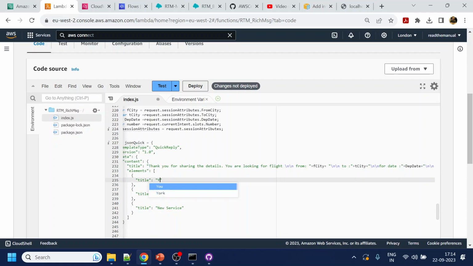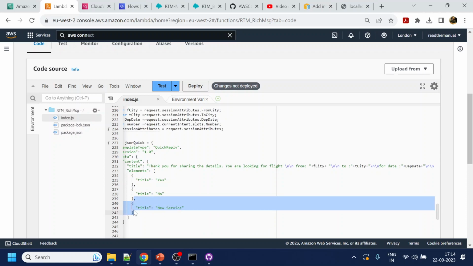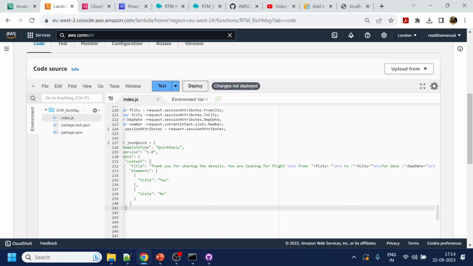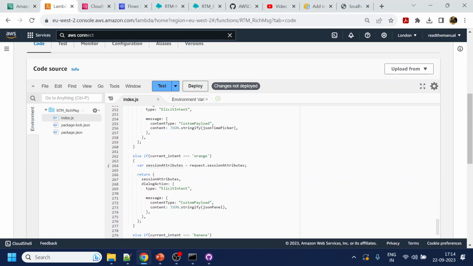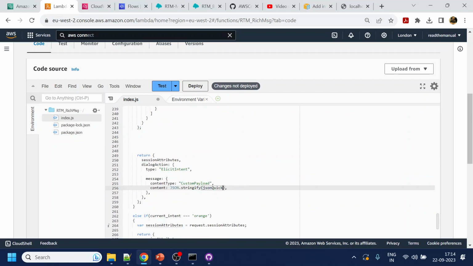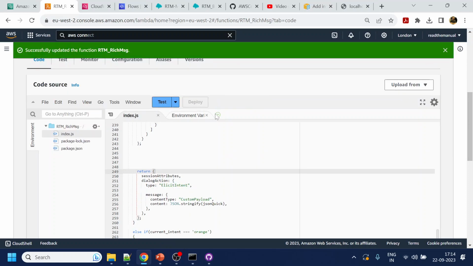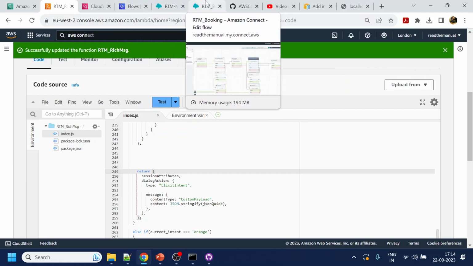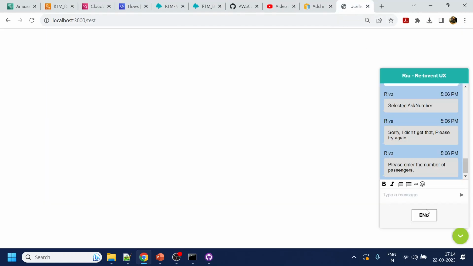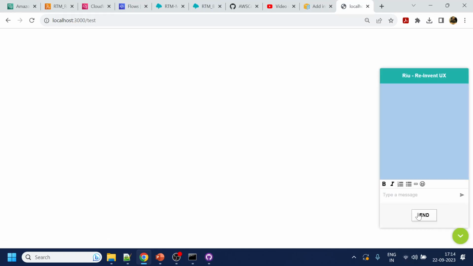Now what we will do over here is I can say yes and no, right? I will remove the third options. Click over here, move to home, and click on just quick and pass the just quick, click deploy. I hope this all code is right and will or should work right in the first go. Let's see how it goes. Click end, click refresh again, and once it loads,